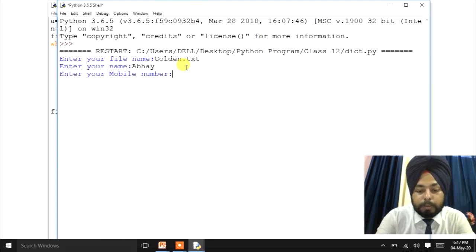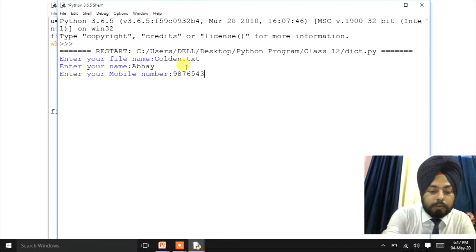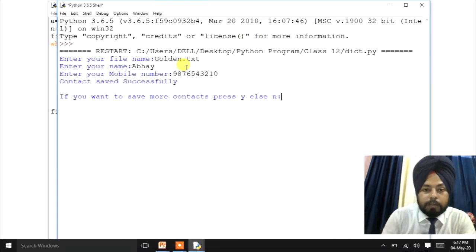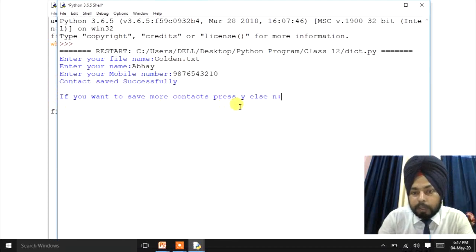Now Abhay's mobile number, for example 9876543210, right? And after pressing the enter key, it will show the display message contact saved successfully. Now next, if you want to save more contacts, press Y, else N.